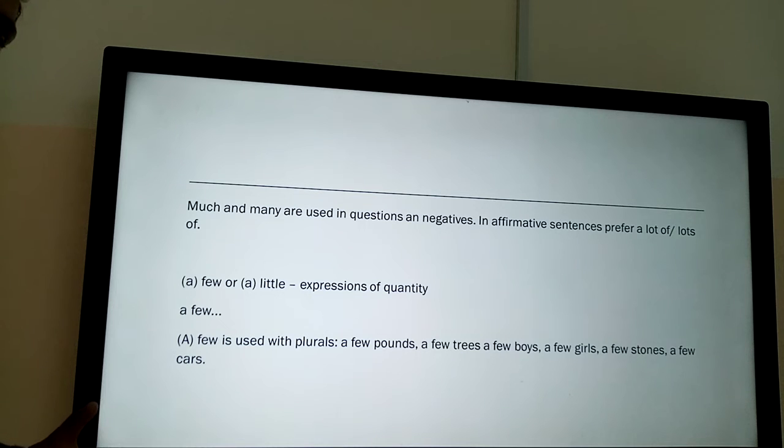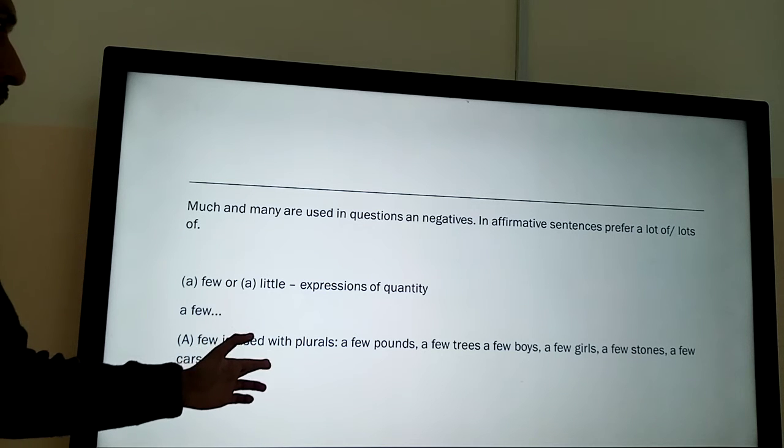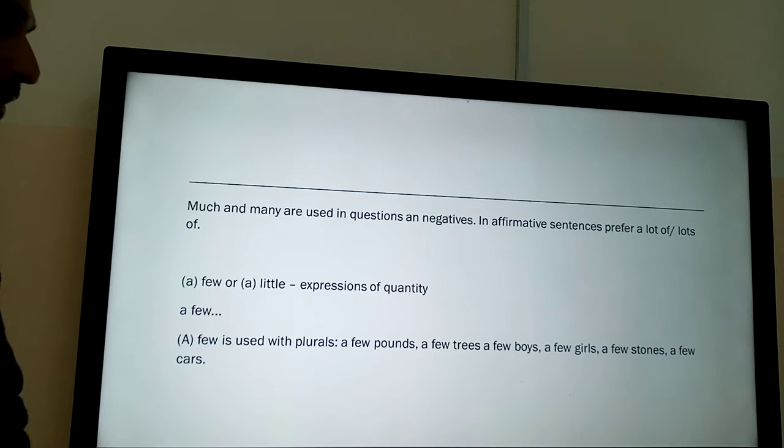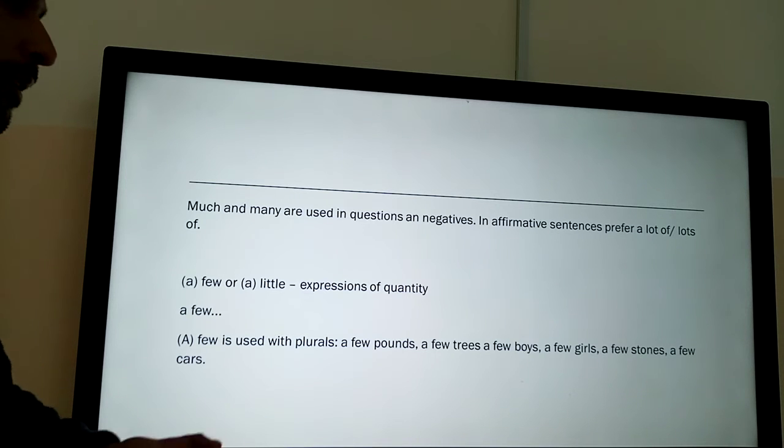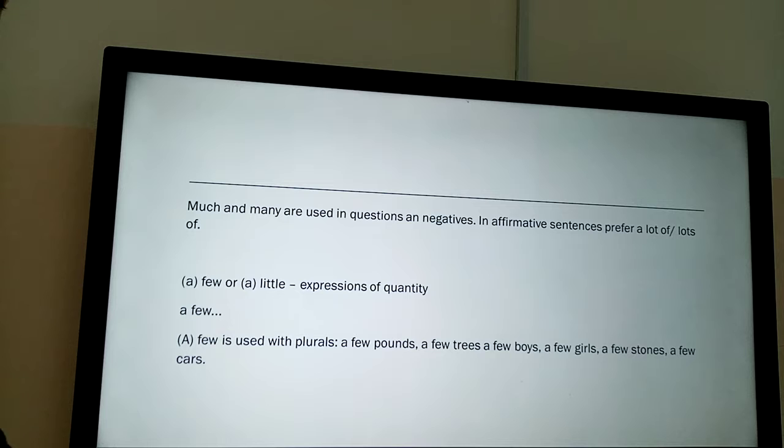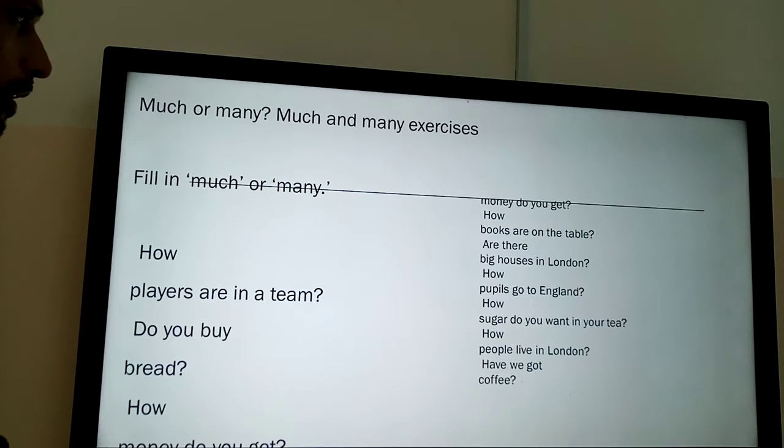We use a few to express countable nouns, and we use a little to express uncountable nouns. Expressions of quantity, a few. A few is used with plurals. A few pounds, a few trees, a few boys, with countable nouns. A few cards.